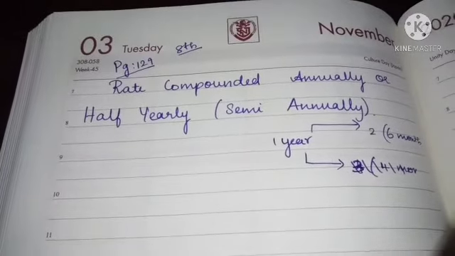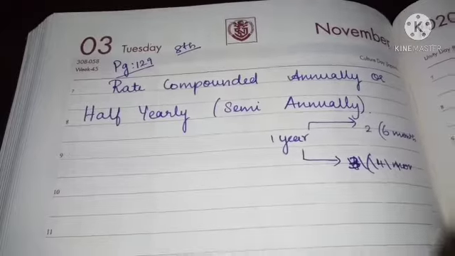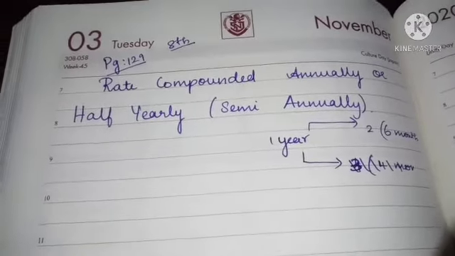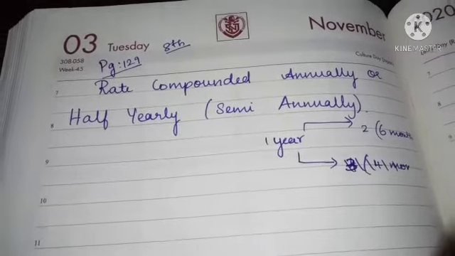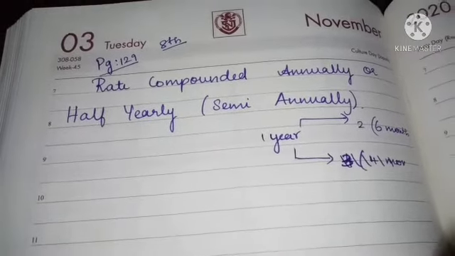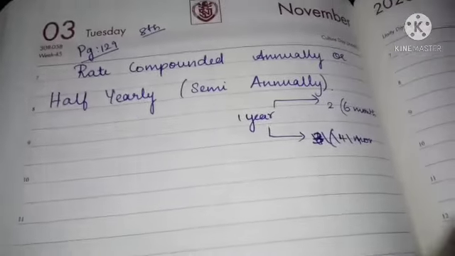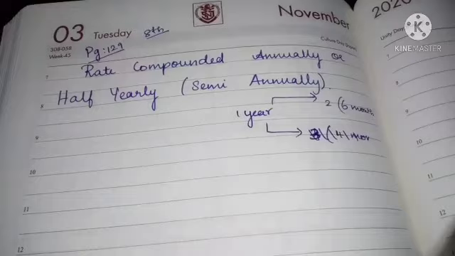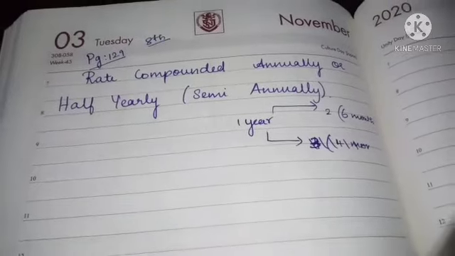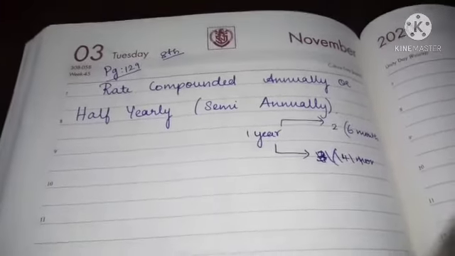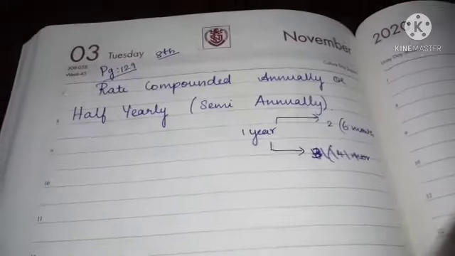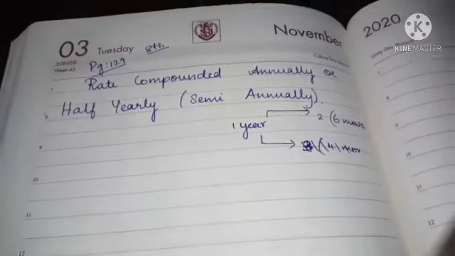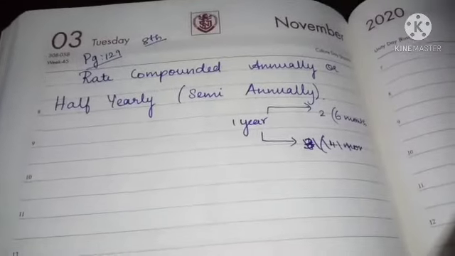So, they're asking to find the compound interest on rupees 12,600 for 2 years at 10% per annum compounded annually, which means the 2 years and the rate of interest, everything is for 1 year purposes. For each year you have to pay it, yearly. That is compounded annually.